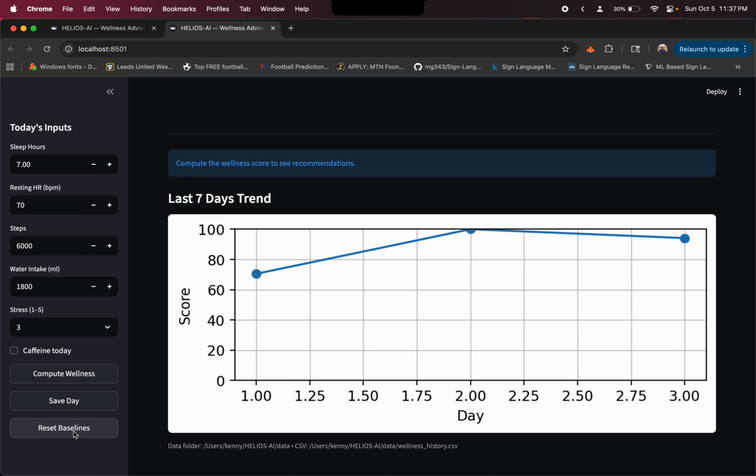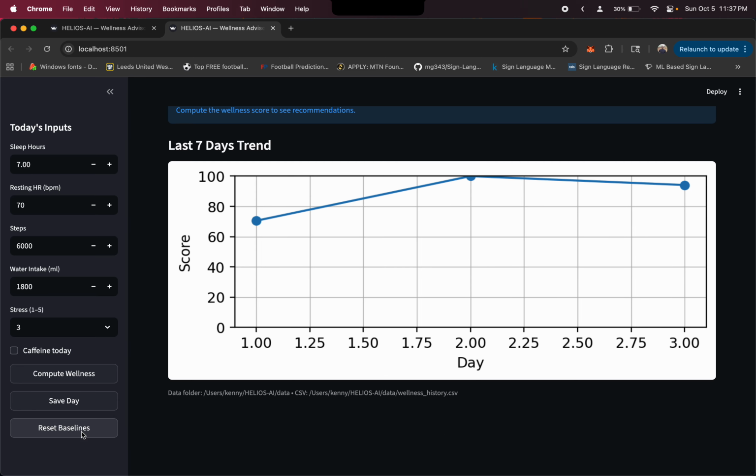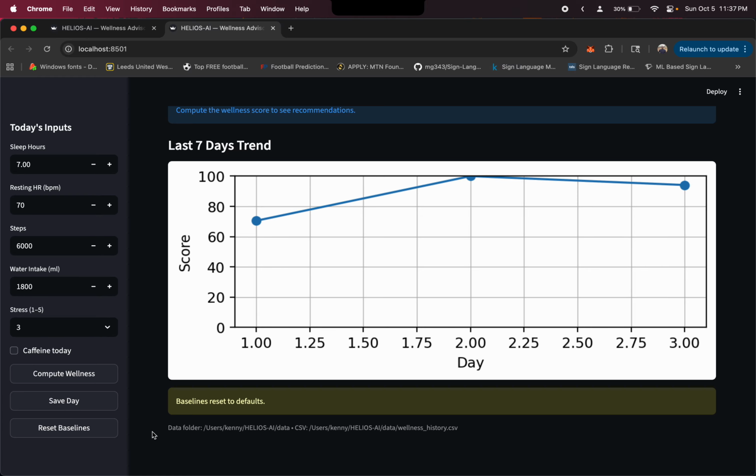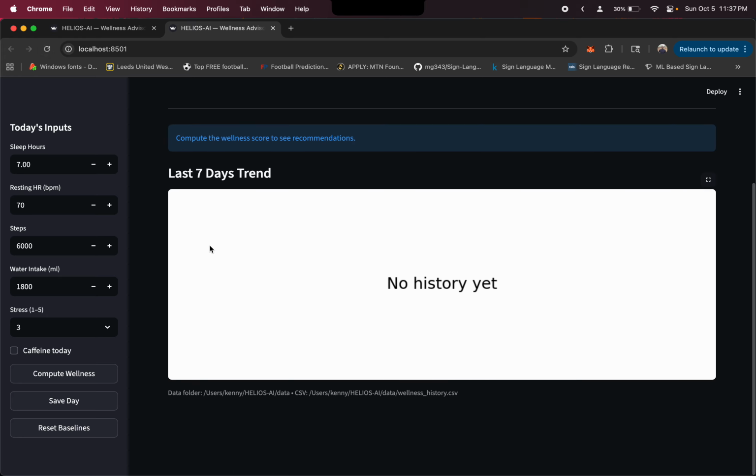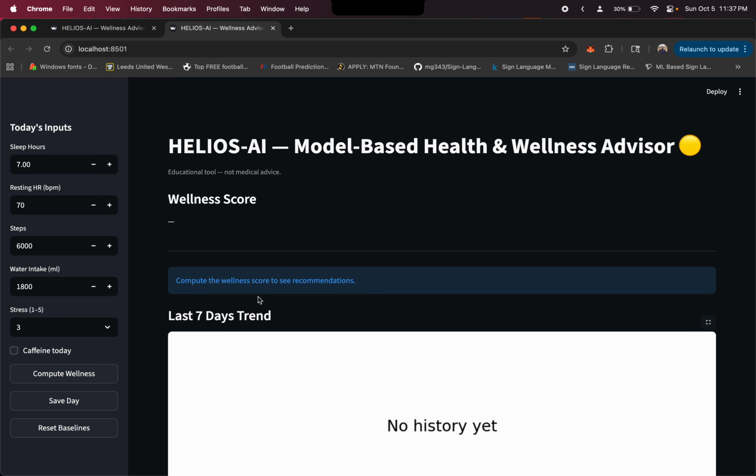And of course, here is the reset baseline. So if I want to start afresh all over right from the beginning, all I have to do is press the reset baseline button and everything will be reset. And if I reload the screen, you can see it shows that no history yet because it has now deleted all the entries on the table for